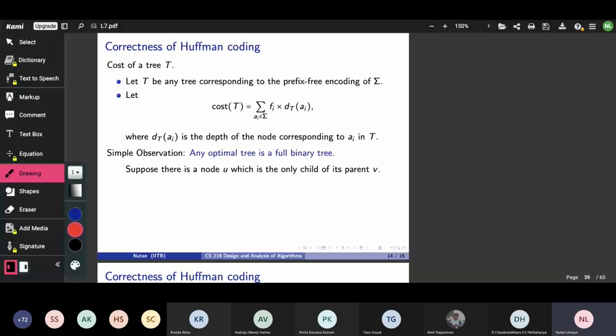Let me just summarize this in a slide. Suppose there is a node U, which is the only child of its parent V. Delete V and make U the child of V's parent. V doesn't have any other child. So just delete this and connect this here.